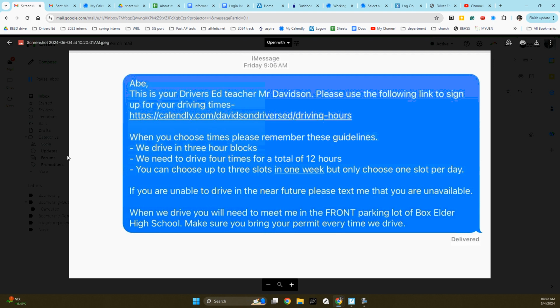You need 4 total. You can choose up to 3 slots in 1 week, but not more than 1 per day. And then I added this message that if you're unavailable, let me know. So that way I know if they actually read it or not. And then I reminded them to be in the front. I'm the only teacher in the front, so that's why that's all caps. So the kids get this, and then that takes them to